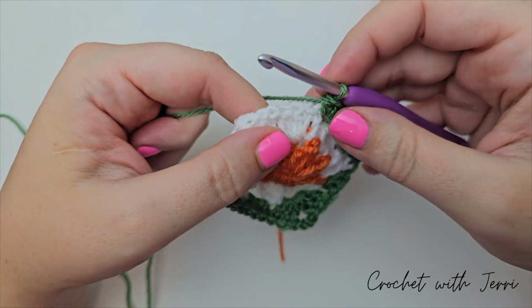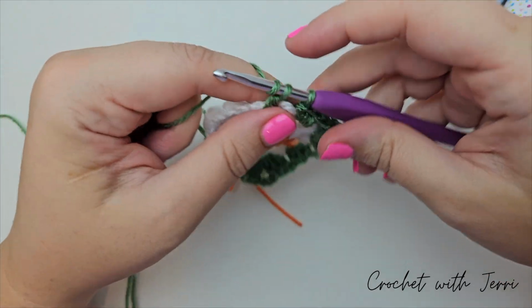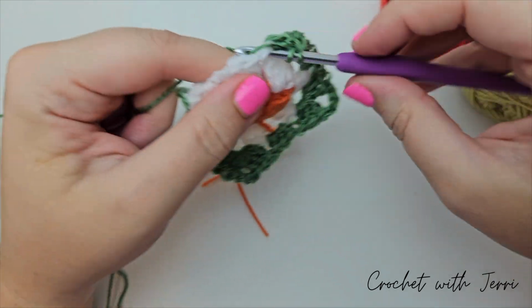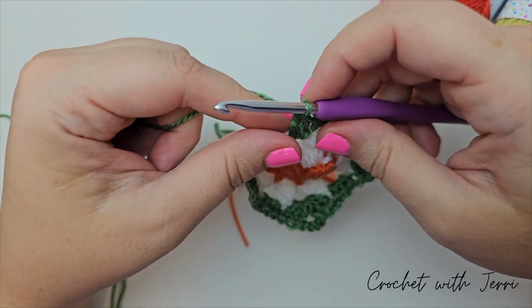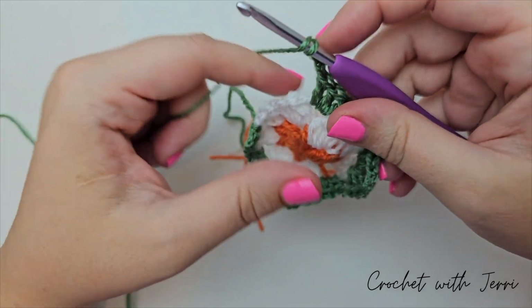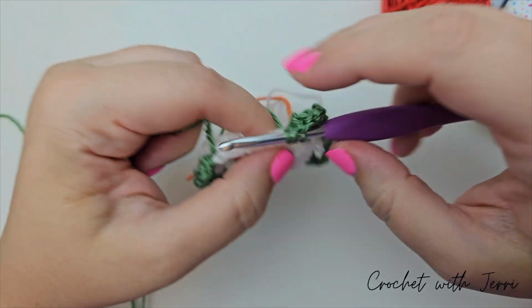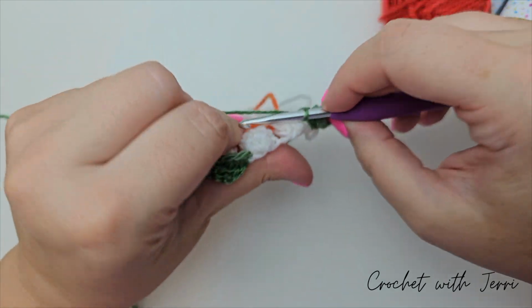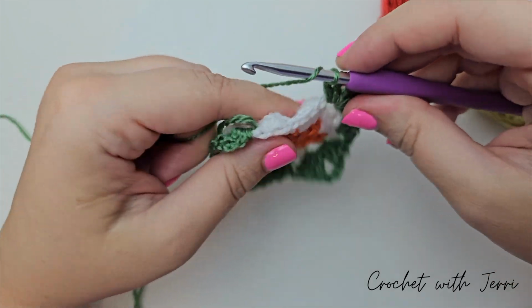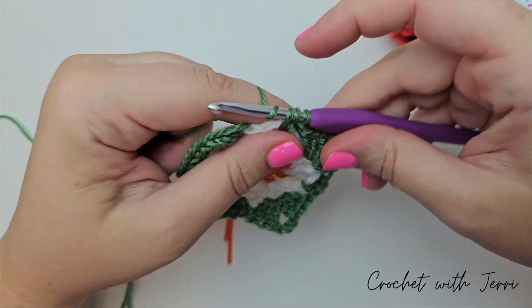Another corner next, so it's 3 trebles, 3 chains, 3 trebles, 1, 2 and 3, 3 chains, 1, 2 and 3, and 3 trebles, 1, 2 and 3. 3 half trebles in the next space, pull through all 3, there's 1, 2